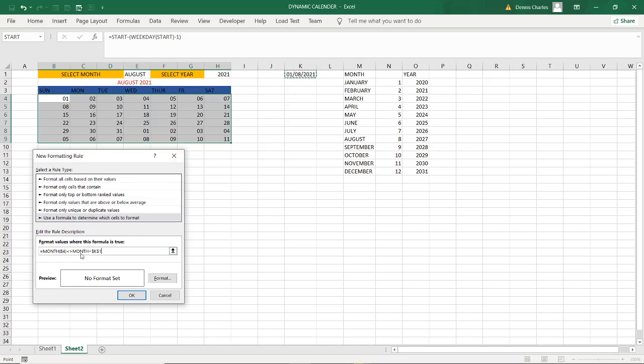So there is supposed to be an opening bracket here. This one is specific, so you close that.